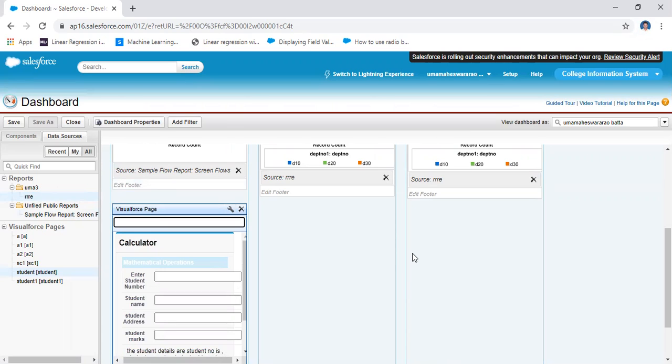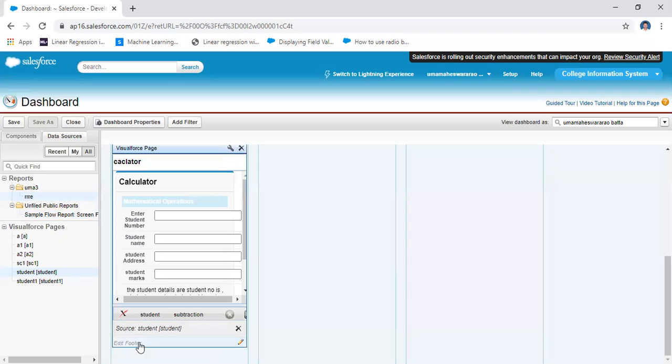Header, this is used for the student calculator, let us assume anything, the header information. And then a footer also you may write. For example, HHH, let us assume this is footer related information.